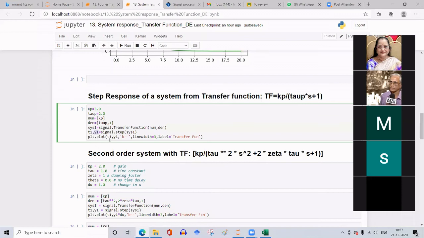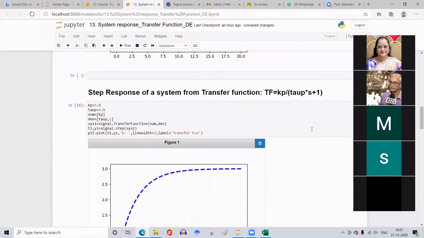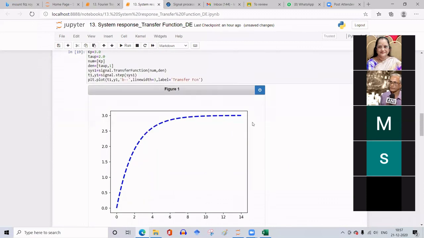Next, plt dot plot y1 versus t1 in a blue dashed line like this with a line width of 3. The label is not necessary because there is only one curve in this. Okay, so let me run this. When I run this, I get this. This is the response of the system with